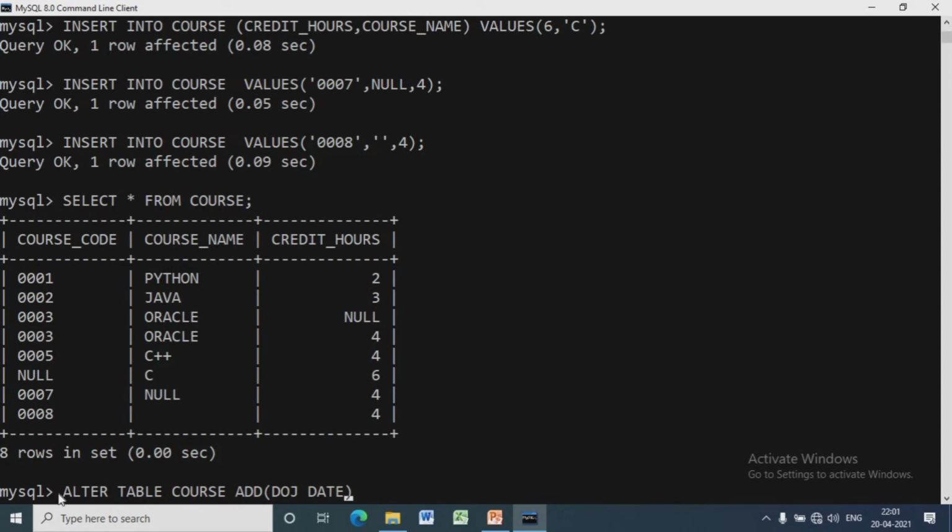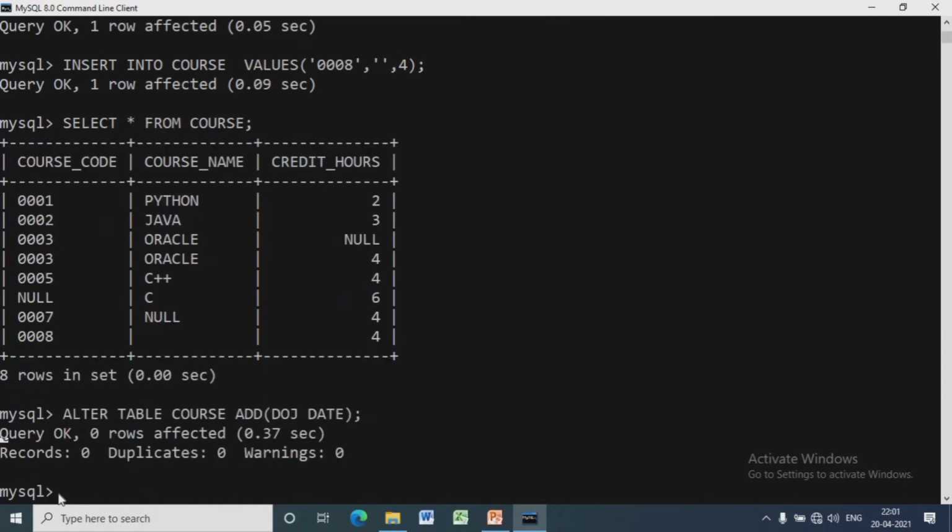Now, as the date column is created, we can enter a date. Dates are by default entered in YYYY-MM-DD format. The first 4 digits are for year, the next 2 digits are for month, and the last digits are for date, followed by a hyphen in each case. Date is enclosed in single quotes.